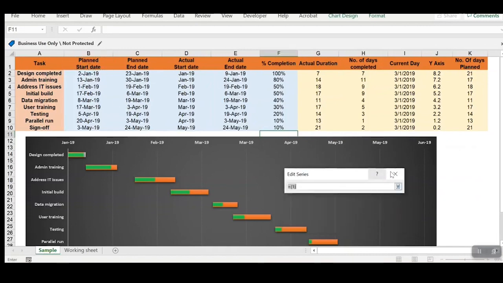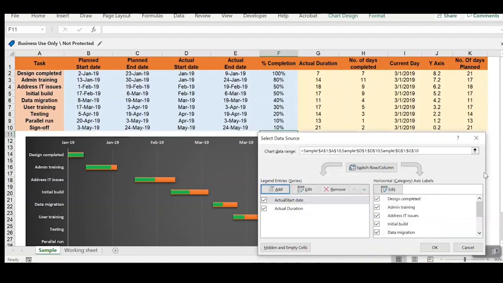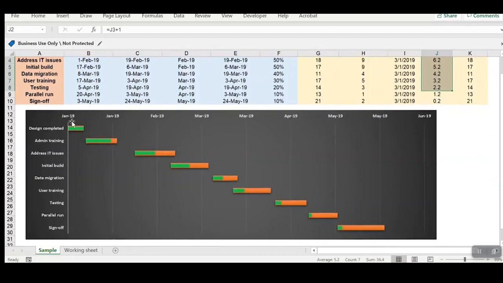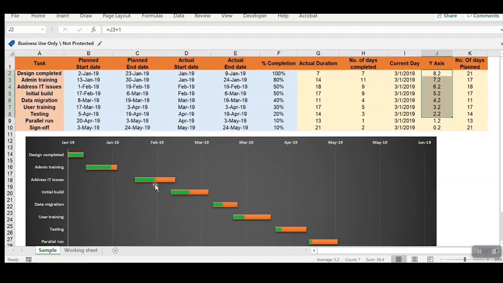For taking this data, friends, I will have to tell you one thing about column J. So column J is the y-axis. So friends, as you know, this is the x-axis, this is the y-axis. So at a given point of time, your y-axis always starts with 0, right? So if I have to create, I have to bring in or track the planned start date, right? So we'll have to track them at this point of graph. So for doing this, we'll have to take this